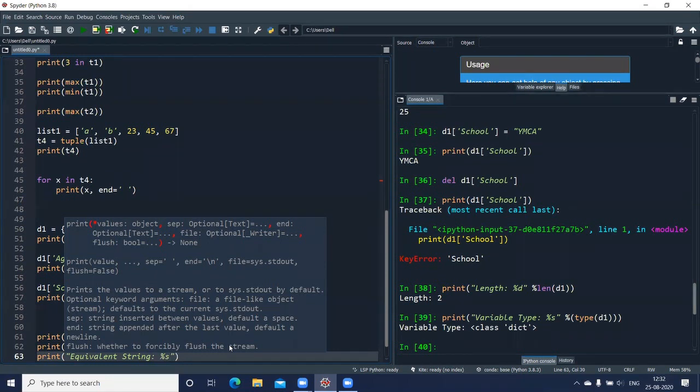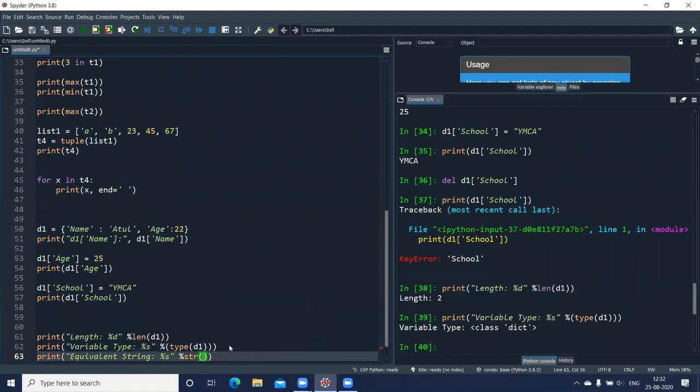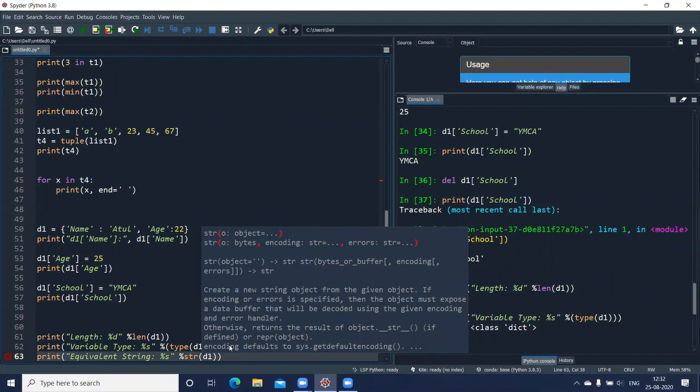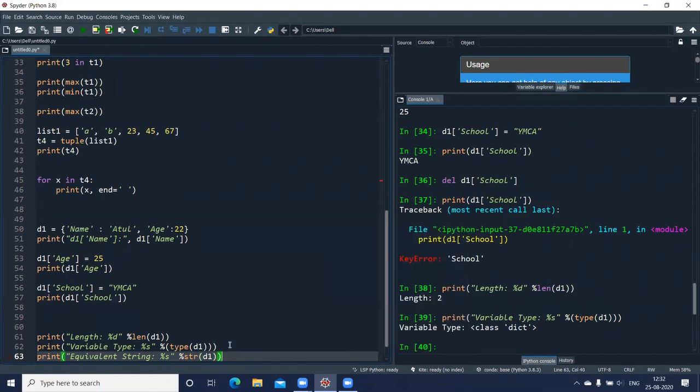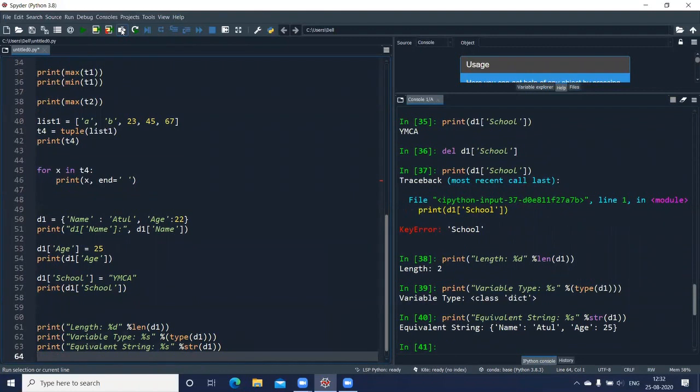And after the double quotes, % str is the function which I'll be using to convert the dictionary into a string. Here you can see I'm getting the equivalent string. And remember, because it's a dictionary, it will be displayed in curly brackets. So these are my two keys and the two values. These are some of the functions.